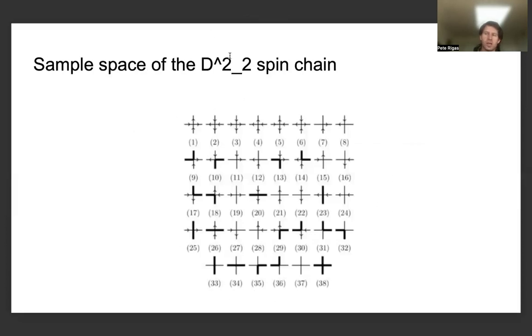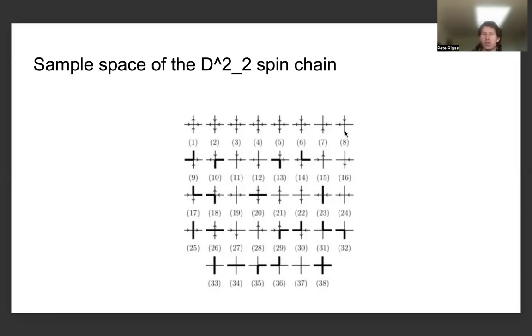And as we had been mentioning, but very briefly to reiterate, which will have the connection with coloring of the vertex model, we looked at different variants of the vertex model, whether it be the lower rank D22 spin chain, which has 38 possible configurations. And this is described more in depth in one of the preprints that I referenced a couple slides ago, in which it has exact reference in which the authors provided each one of the 38 configurations in the sample space,